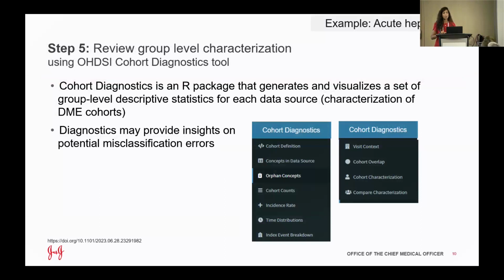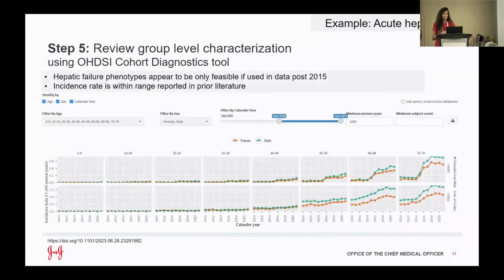So there's a tool in Odyssey called Cohort Diagnostics that allows you to generate a set of descriptive reports and visualize that data among a cohort of people in a given data source. And how is that useful is if you know the clinical idea you're trying to capture, you can look at the patterns of the patients you're identifying through the algorithm, and you try to see if that is consistent with what you expect. For example, for